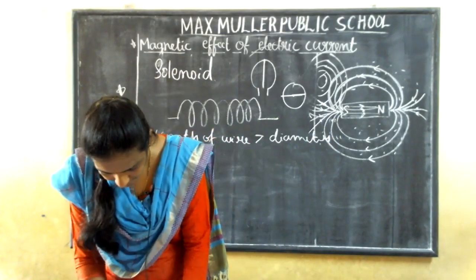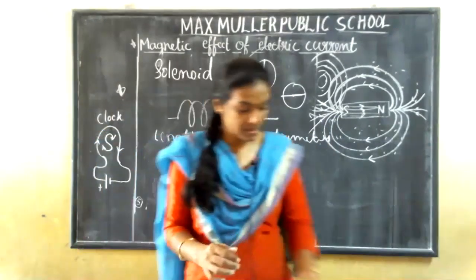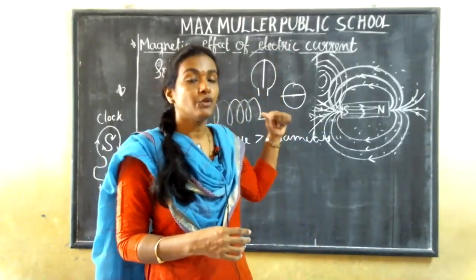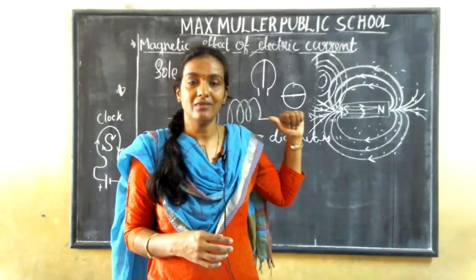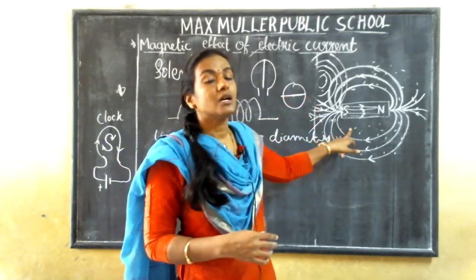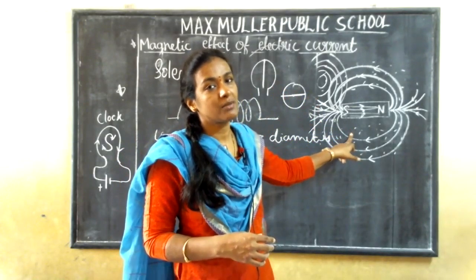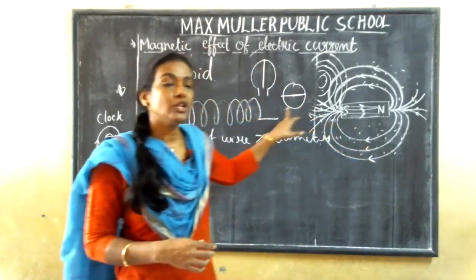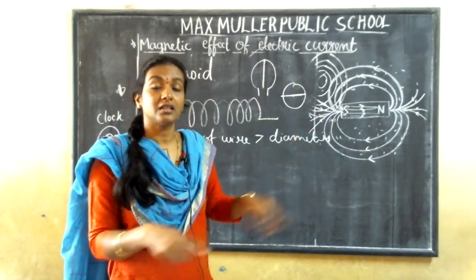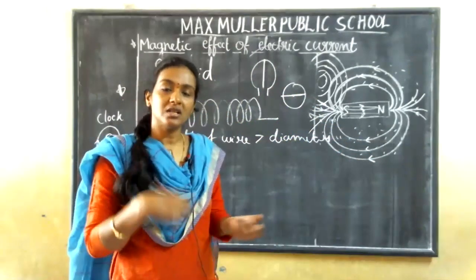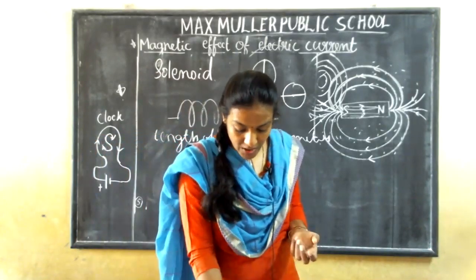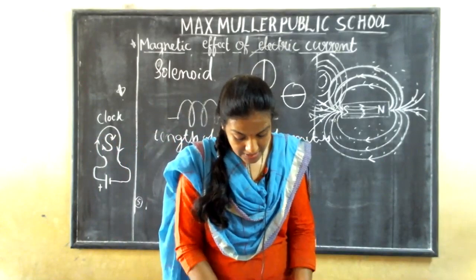Understood? Okay. Let us see the remaining things in the next class. I hope you are all clear with the points I explained from the first one. Make sure you practice the properties of magnetic field lines and how they are shown in a diagram. When you take a straight conductor, what happens with the magnetic field lines? When you turn it, what happens with the magnetic field lines? And what is the meaning of a solenoid? What is the definition of a solenoid? Clear? You can take the definition from the textbook only. Okay, if it is there in the exercise part, where there is the